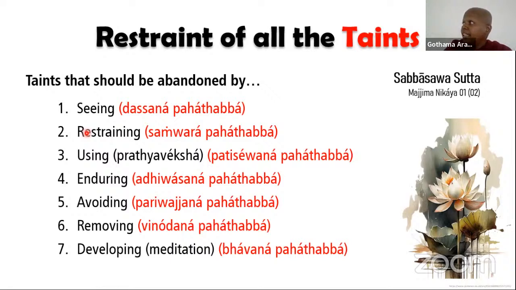But the points like enduring, avoiding, removing, you need to take some deliberate actions. Avoiding, removing bad friends, those things deliberately you need to do. And the whole process becomes very easy for you as you master the nature of anicca, dukkha, and anatta